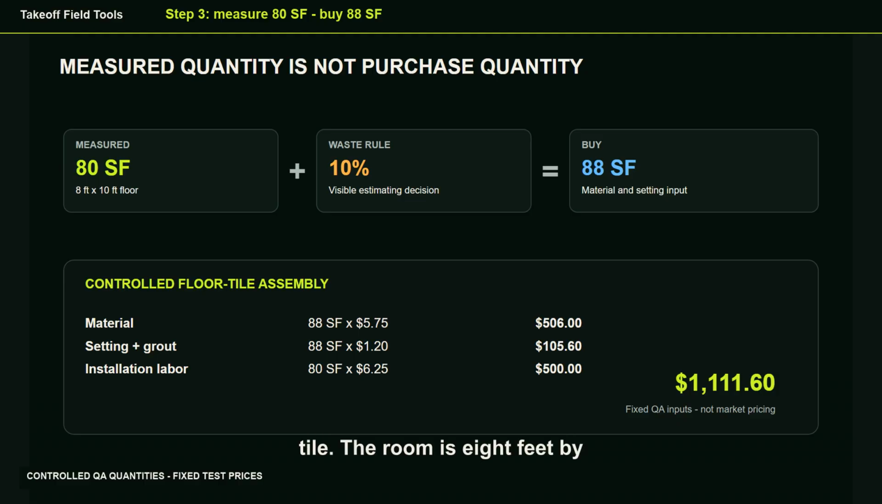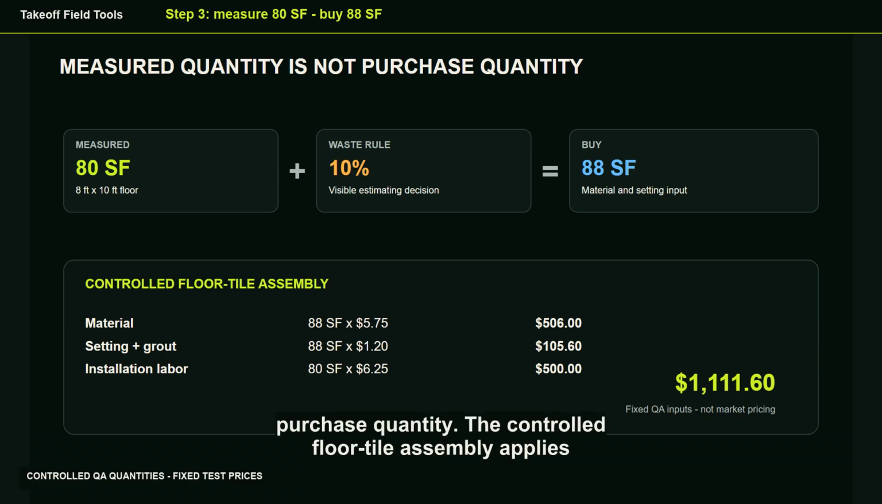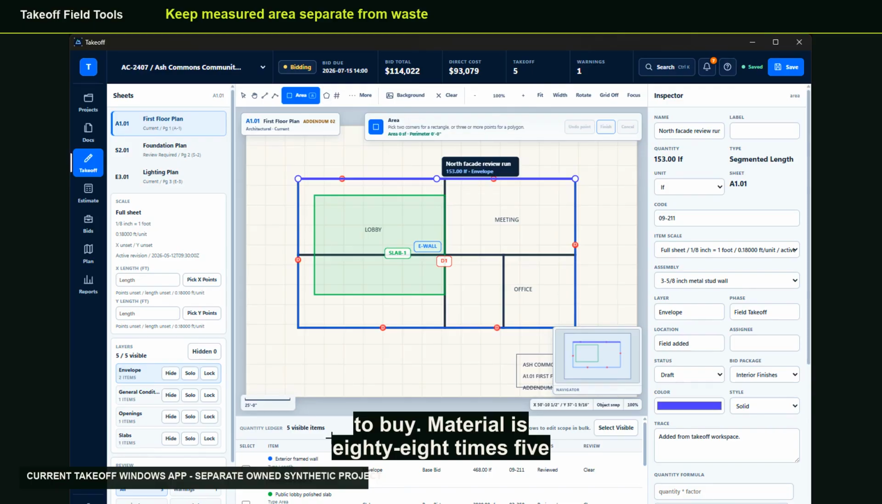Step 3 is floor tile. The room is 8 feet by 10 feet, so the measured floor area is 80 square feet. That is the drawing fact. It is not yet the purchase quantity. The controlled floor tile assembly applies 10% material waste, which turns 80 measured square feet into 88 square feet to buy. Material is 88 times